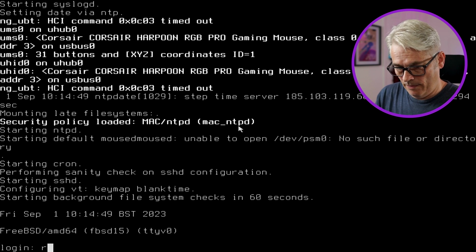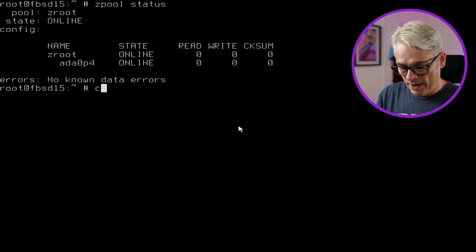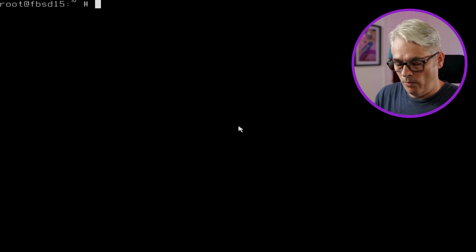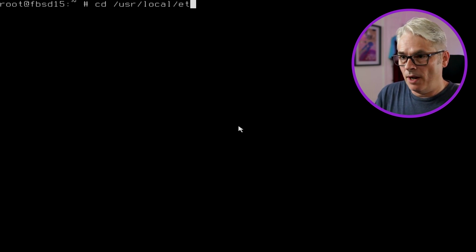And login. Right. So let's have a quick look. I do not like this keyboard. No known errors. There we go. So that's all good. So we're now on the latest version of ZFS as well. That's good. What I did notice, which doesn't really surprise me,